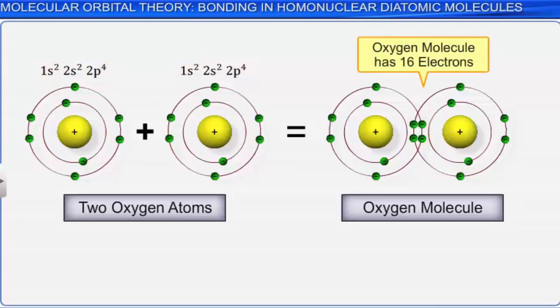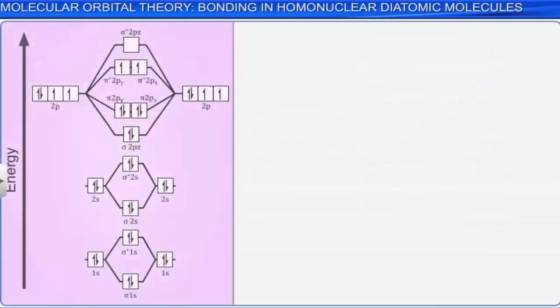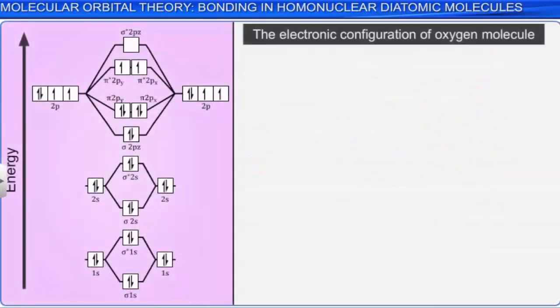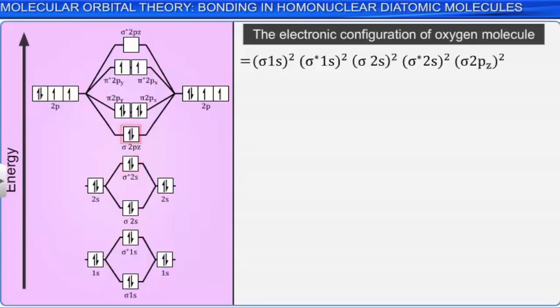The electronic configuration of oxygen molecule is sigma 1s2, sigma star 1s2, sigma 2s2, sigma star 2s2, sigma 2pz2, pi 2px2, pi 2py2, pi star 2px1, pi star 2py1,